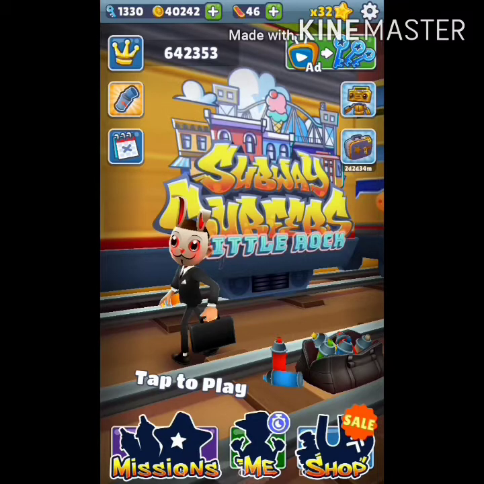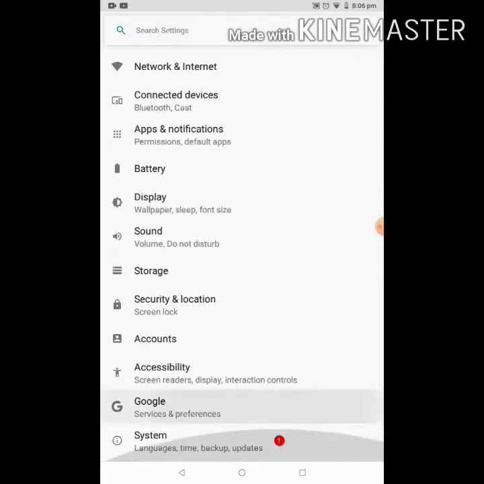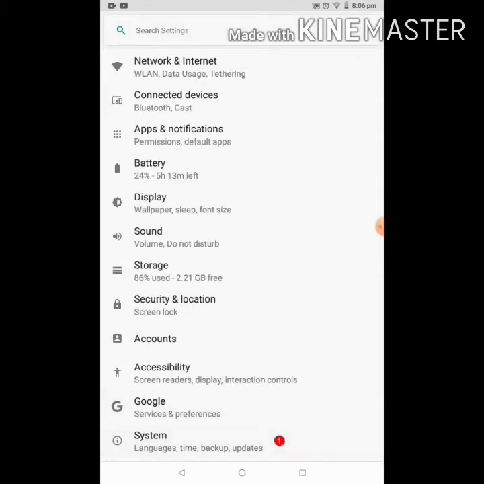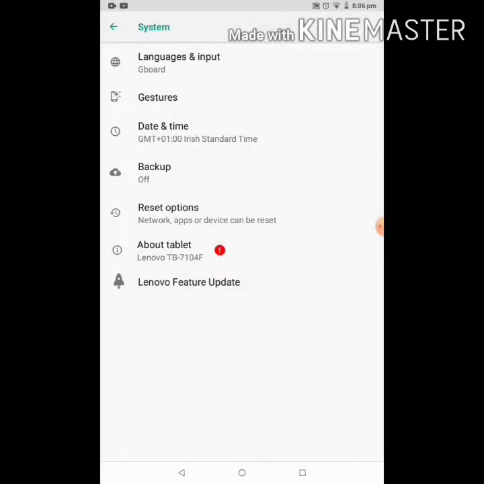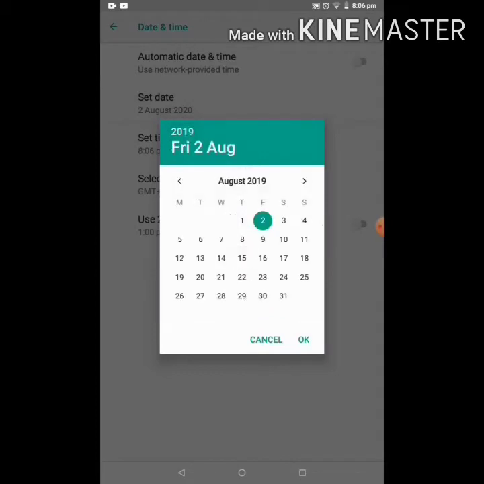So first of all, you need to go to your home screen. Go to settings and go to system. If you have an iPhone or an Apple product, it's called general, but mine is system. Then you want to go to date and time and turn off automatic date and time. Then go here and turn your date to 2019,